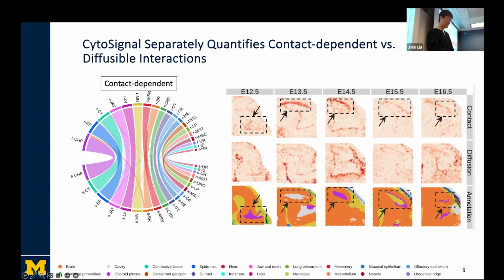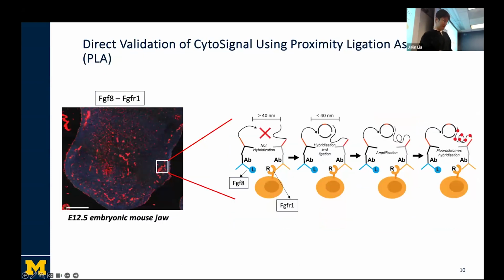This is really interesting. And another key challenge in all of these cell-cell communication studies is, of course, validation. Even if we see that an interaction is significant in some kind of tissue, you will never be 100% sure unless you validate it in real tissues. So this is the strategy we came up with.